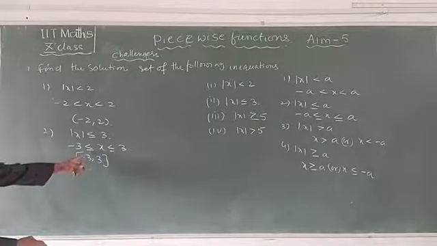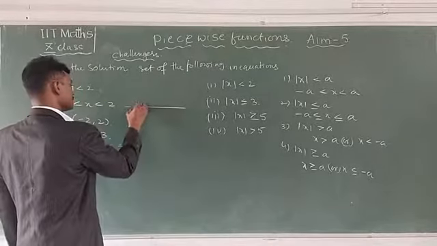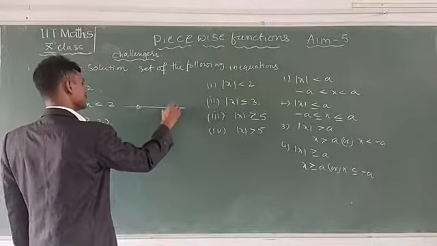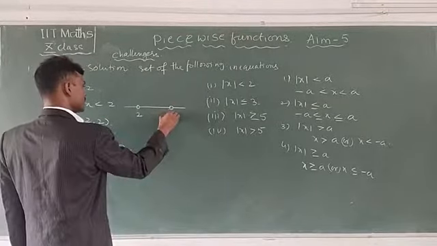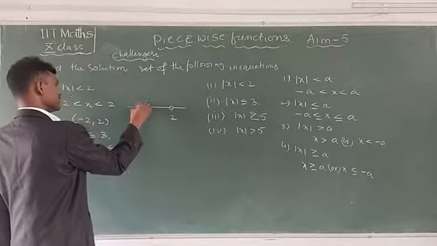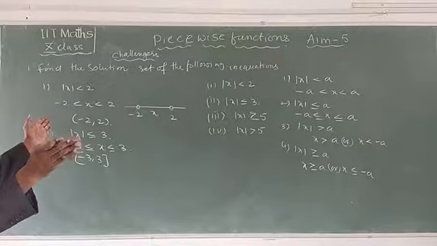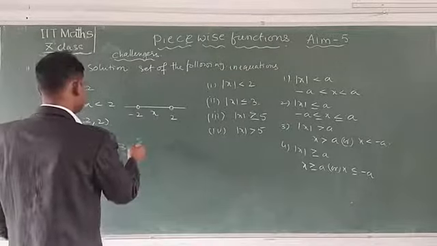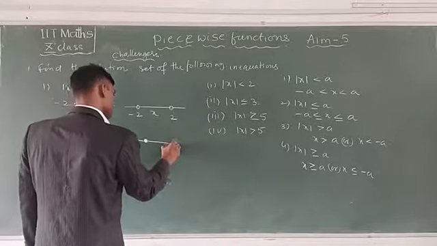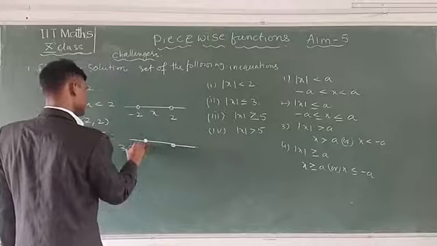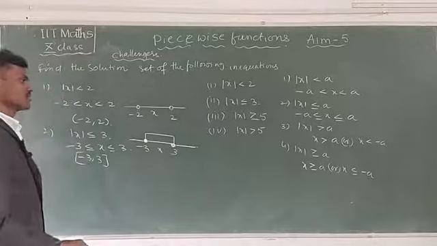Now this is represented as a closed interval. Where equal to is given, it means closed interval. See here, this is an open interval on both sides. Here this is 2 and this is minus 2, and x lies between these, excluding these two. In the other case, including means both are there. This is minus 3, this is plus 3, this is x. That means from minus 3 to 3, both are also included.